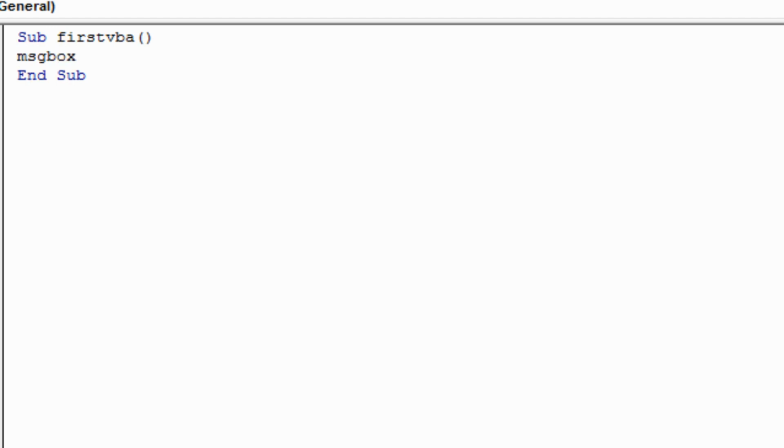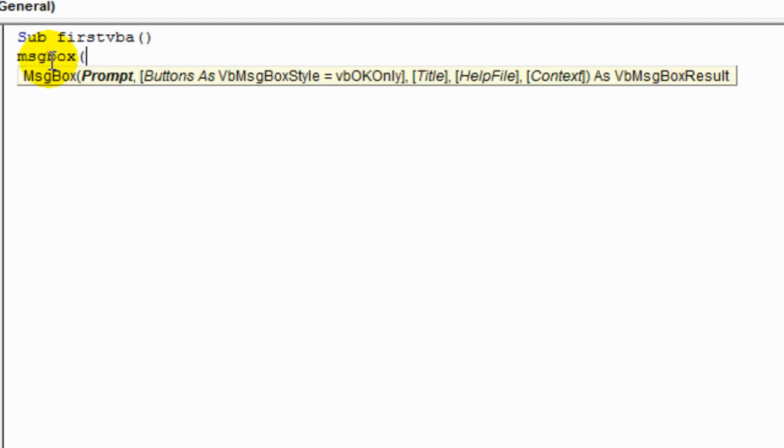MsgBox. By the way, don't worry about capitalizing your letters. Excel will do it for you automatically. Okay, so put in your parentheses. A very nice feature is that it will tell you what to put in if you type in some kind of keyword, like MsgBox is one of those. So I'm going to type